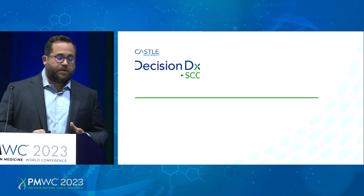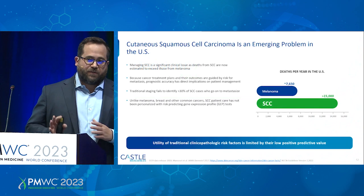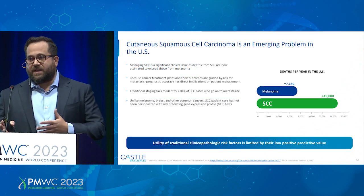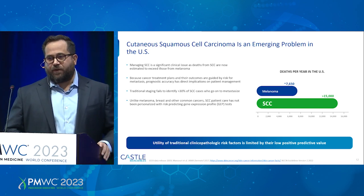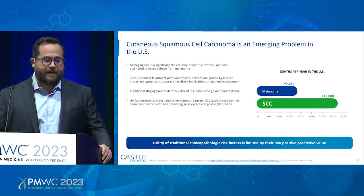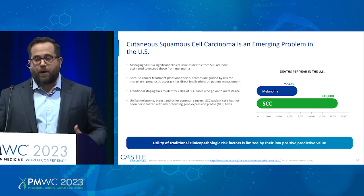Changing gears slightly to cutaneous squamous cell carcinoma, talking a bit about DecisionDx-SCC. So I've just focused on melanoma, an impactful skin cancer, and oftentimes keratinocyte carcinomas, of which squamous cell carcinoma is one, are often not appreciated for their impact on morbidity and mortality in patients with skin cancer presenting to the clinic. And based on the prevalence, we actually anticipate that deaths from squamous cell carcinoma will outpace those of melanoma